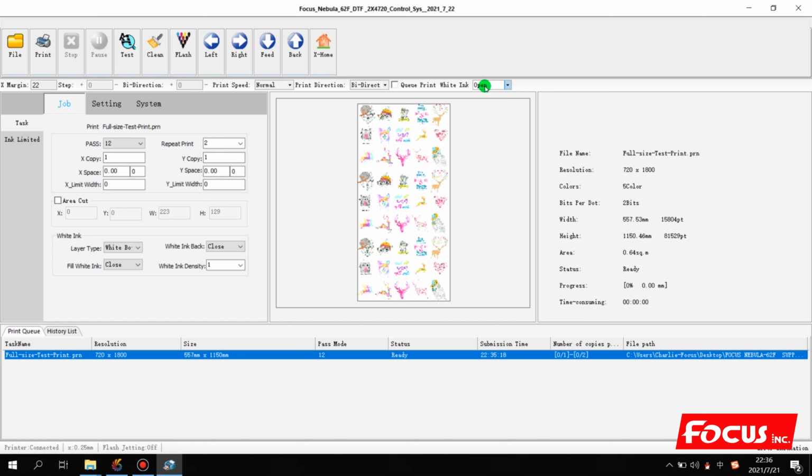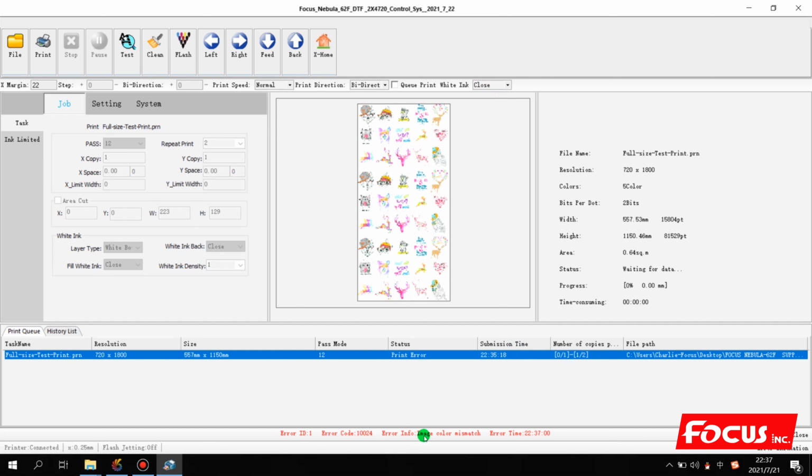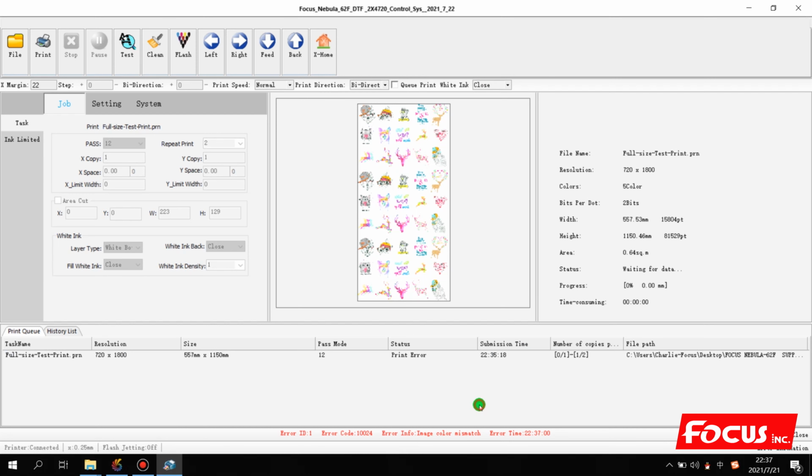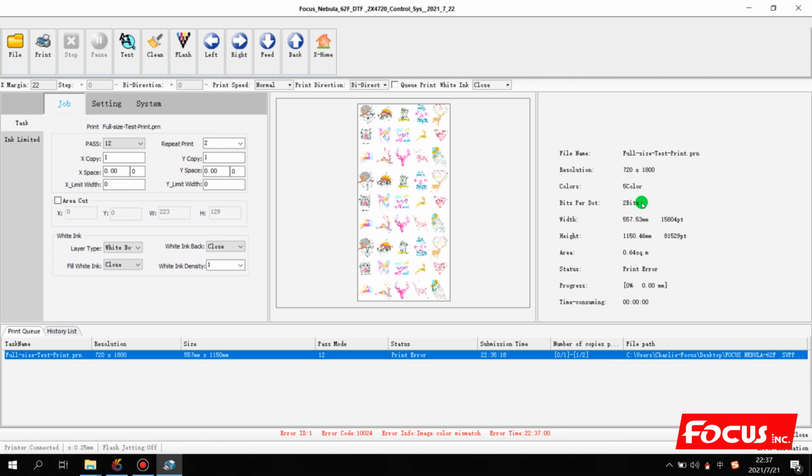Here we must open. If we close, then when we print we have an error coming out. Here it shows the error information: image color mismatch, because the file is 5 color, but we opened the white ink, so we need to close the white ink. So if we have this kind of error